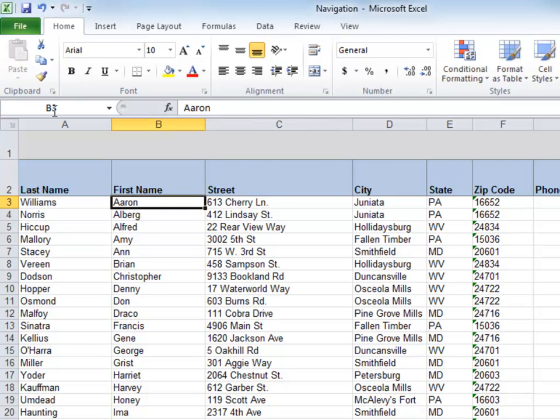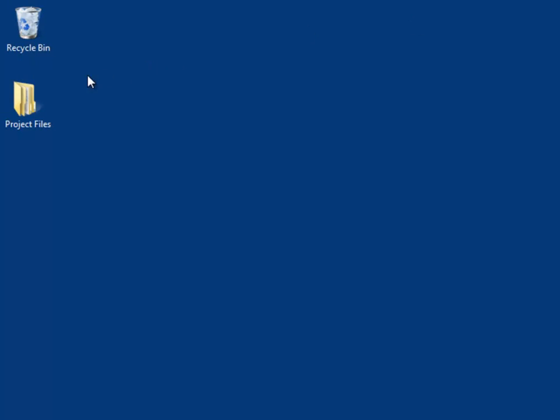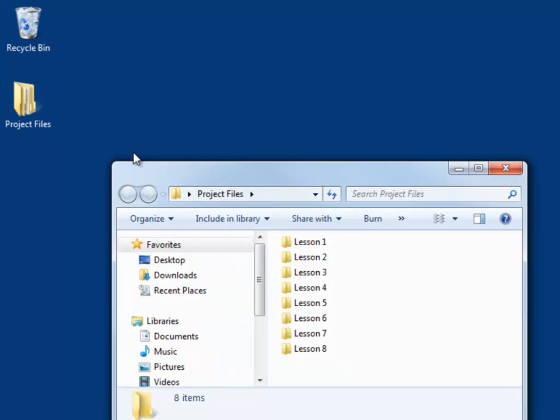Hit Enter, and there we go. Now if you're wondering how you're ever going to remember all those, well, don't worry about it. Actually, most people go through most of their Excel career with just knowing 3 or 4 of these things and do just fine. But if you want to, you can go into the Project Files folder and then open the